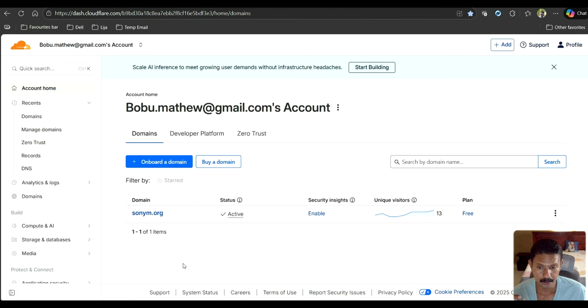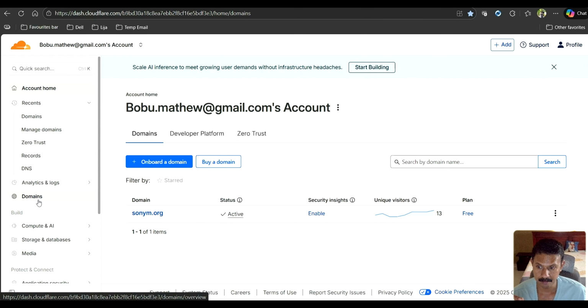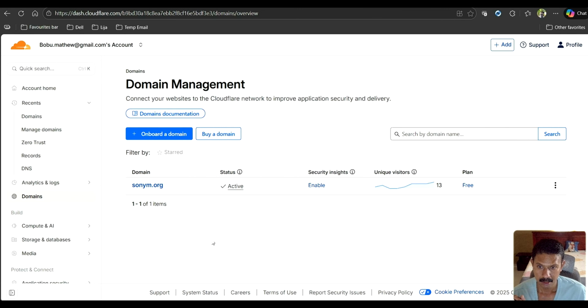To set up your domain using Cloudflare, on your left-hand side panel you can see a link called Domains. Click on it, and this will bring you into the domain management page. Here you have an option of onboarding a domain, which we'll be seeing later, and which is what I alluded to when I said that I will show you how you can buy a domain from a different registrar and transfer it here. This is the option we'll be using then. But for now, what you need to do is go to Buy a domain,